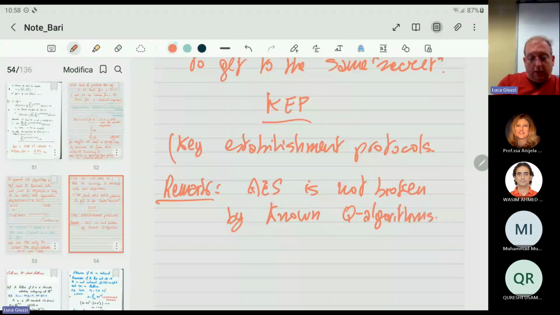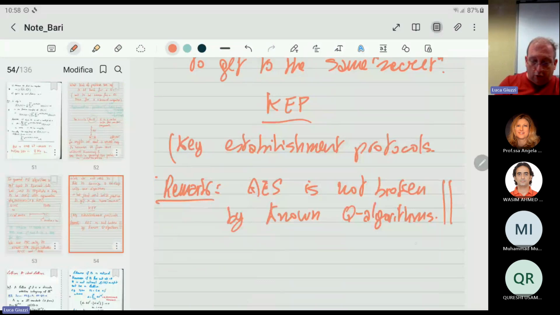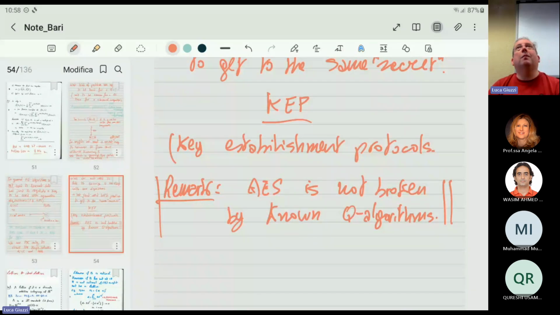This is a remark which I feel I have to make because it's not obvious at all. It's not even straightforward to show this. But the idea is that even if you have a quantum computer, at least according to the state of the art in 2023,